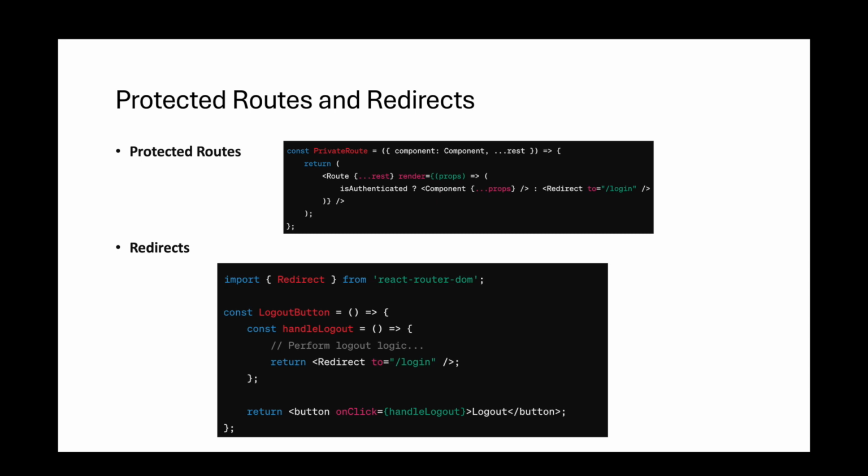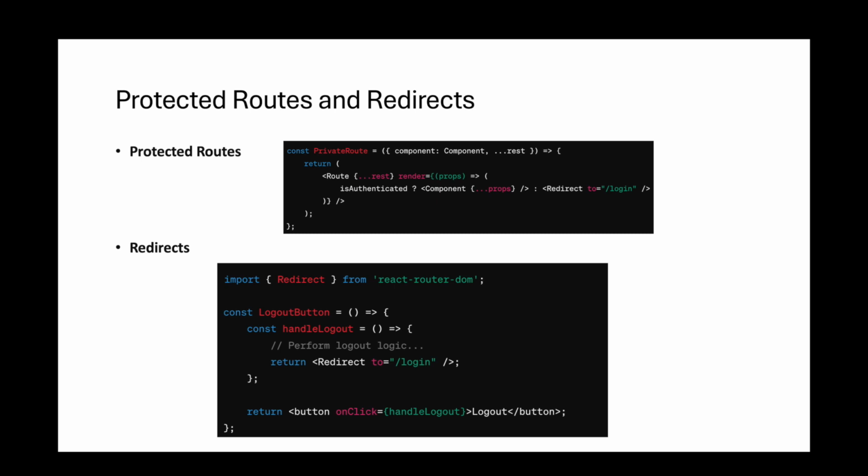Protected routes and redirects. Protected routes are routes that require authentication or authorization before rendering the component. React Router provides a Redirect component to handle redirects to a specified location when the user is not authenticated. Example: const PrivateRoute = ({ component: Component, ...rest }) => { return <Route {...rest} render={props => isAuthenticated ? <Component {...props} /> : <Redirect to="/login" />} />; };